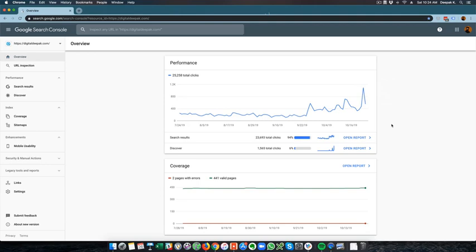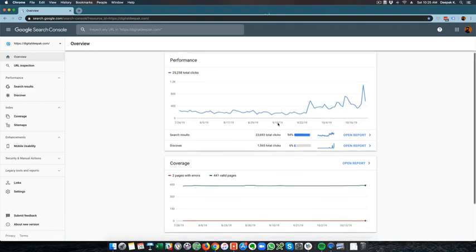Google Search Console is an important tool for SEO and to monitor the performance of your search results in the search engines, especially Google. Google Analytics also shows you how many visitors come from search, but it does not show you what happens outside your website. In Google Search Console, you will be able to see what happens outside your website.